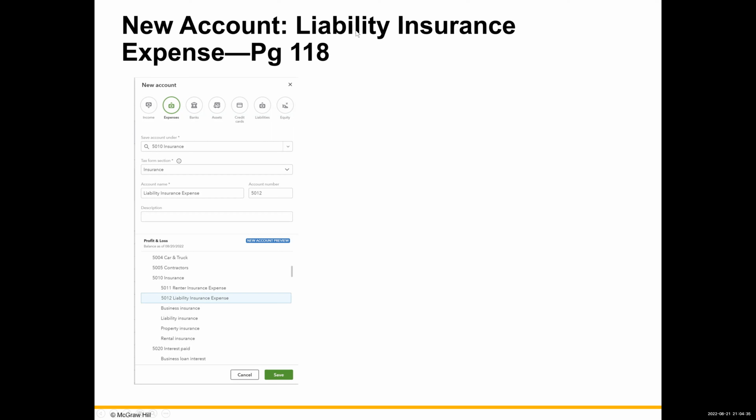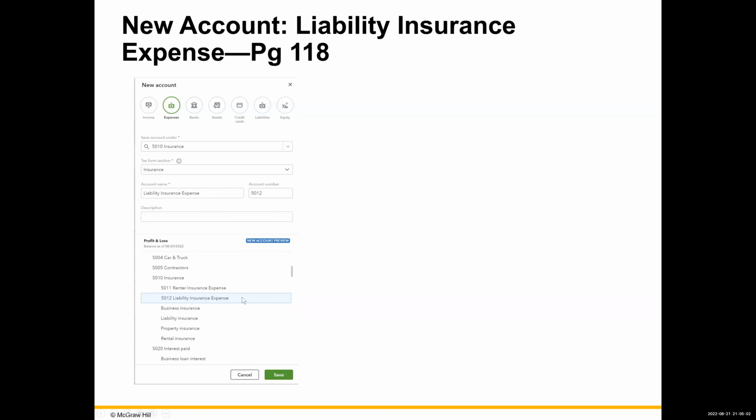Okay, again, liability insurance expense. It's an expense, so click on the expense button. We're going to put it under the parent 5010 insurance, and the account name is liability insurance expense 5012. By doing that, 5010 is the parent, and then we'll add the sub account here,